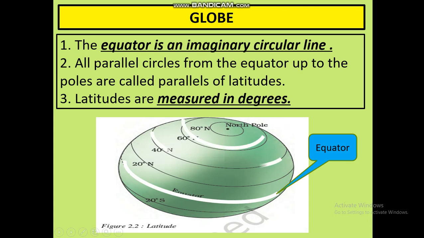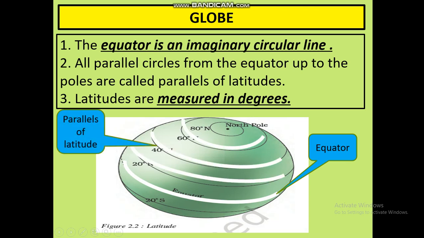So all the parallel lines from equator towards the poles are known as parallels of latitude. Right now the picture is focusing on the North Pole, and similarly there is South Pole also, at the bottom of this picture. So you can see equator is over here and from here all these lines toward North Pole, and similarly the same lines towards the South Pole, are known as parallels of latitude. It will become easier for you to relate it with the trick.